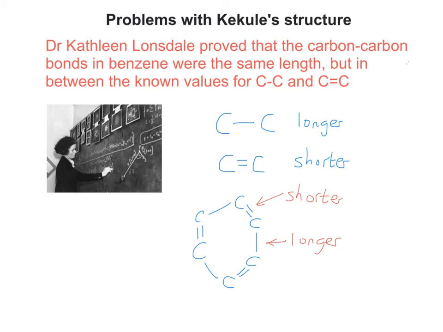And what Lonsdale did is to prove that the actual bond length is identical all the way around, not slightly shorter for the carbon-carbon double bonds and slightly longer for the carbon-carbon single bonds. So that's another problem with the idea that Kekulé proposed, where they have carbon-carbon double bonds alternating with carbon-carbon single